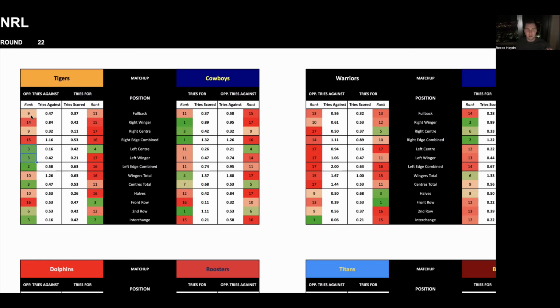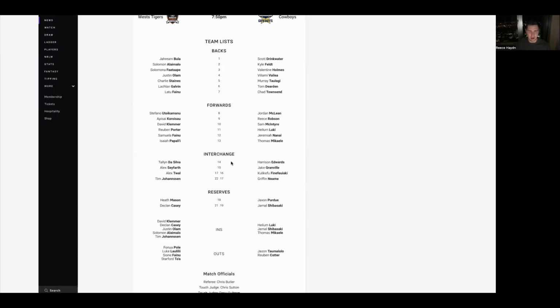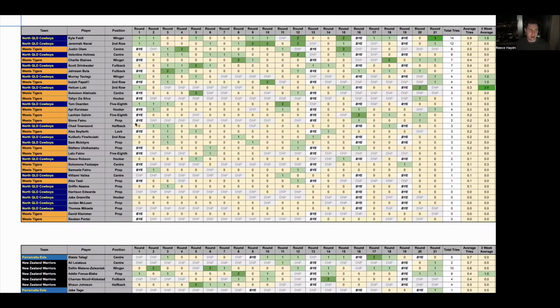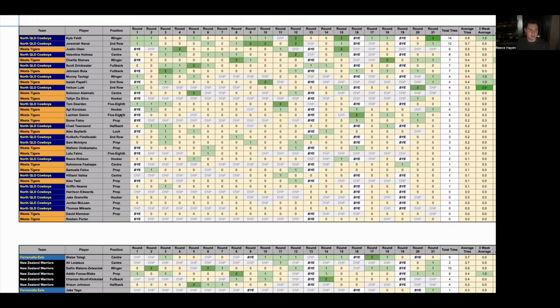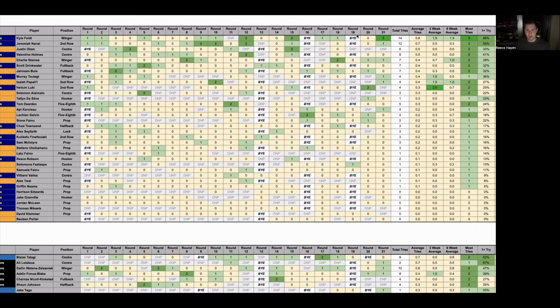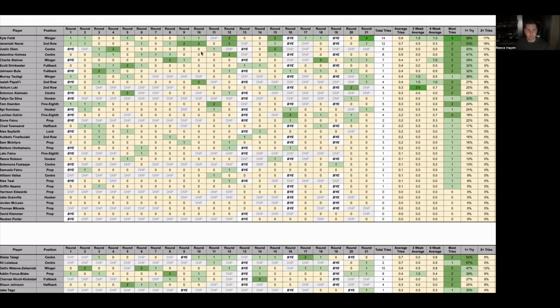Effectively, what we're looking for is really good positions, and the bet finders allow us to do that really easily. We're pretty much looking for green numbers in this column and then red numbers in this column that match up, and then we can break down which player is going to play that position. We go through the lineups to see who's going to be playing that position, and then we match that up with the try scorer trends here, so we can see overall for the season how many tries that player scored, where their tries have been, what kind of form they're in, whether it's tries early on in the season, late in the season,